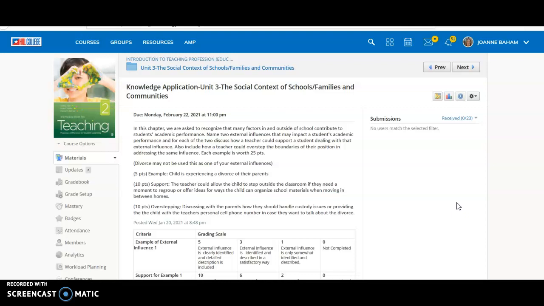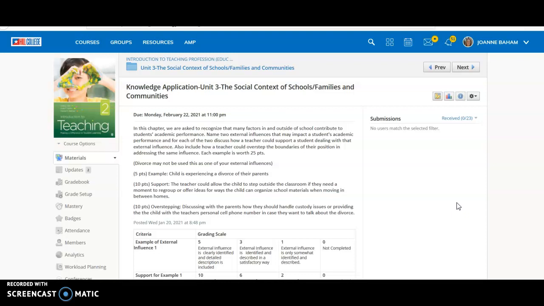So it shouldn't be something that a teacher or a coach does or things like that. So it has to be an external influence, which means it's occurring outside the school system. And then I want you to discuss how each teacher could support a student dealing with that external influence. So first, you name the influence, discuss how they could deal with that influence, and then also because we know